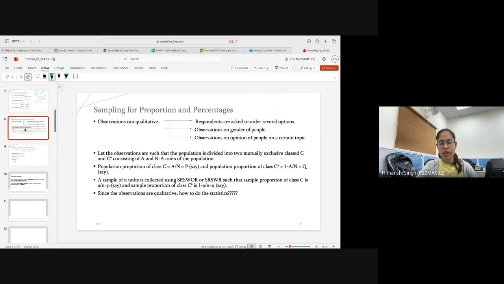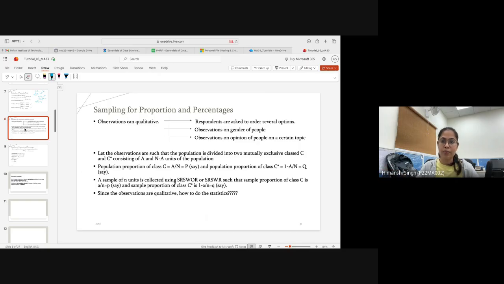So that is the next topic for it. So basically, if I want to know in a particular area how many males are there and how many females are there, so what is the proportion of male and female? Then first of all I'll go to the population. So what is my population? The population will consist of the entries like male, female, and from there I will get a sample.